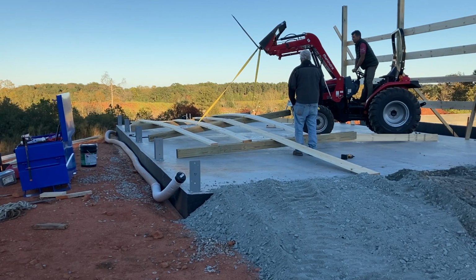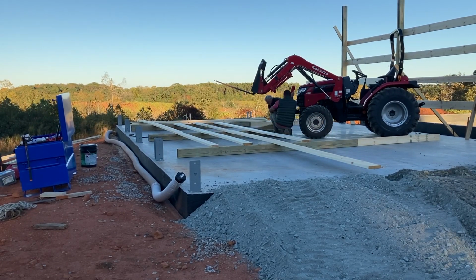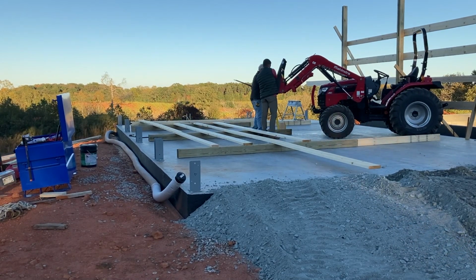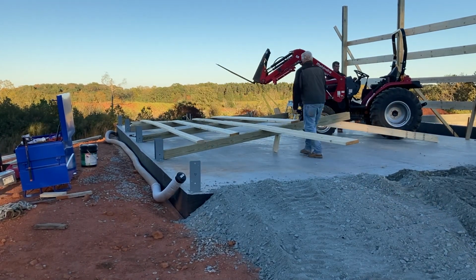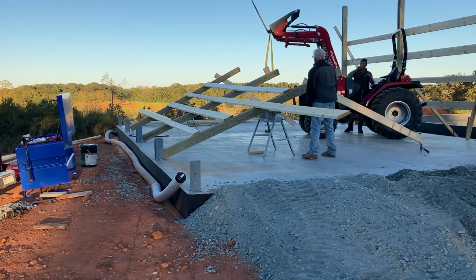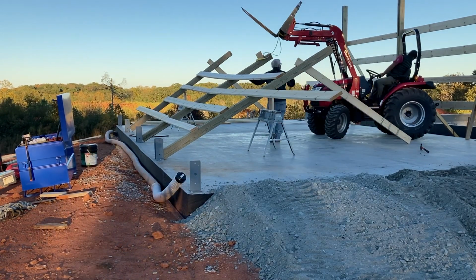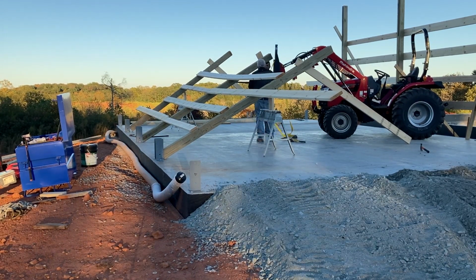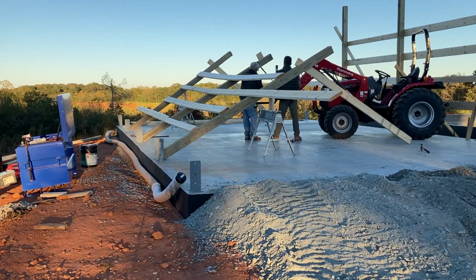There we're putting on our legs to kind of walk it up. We just used a lag screw at the top to rotate the legs around, and used my tractor basically to push the center post and the weight of the wall to push it up. You'll see once it gets past 45 degrees it becomes pretty easy. And then I just use the forks on the tractor to kind of hold the wall in place so it doesn't go over the other direction while we use my 8-foot level and get the posts plumb and anchor them into the brackets. The brackets, we ended up putting 4 lag screws in each post,